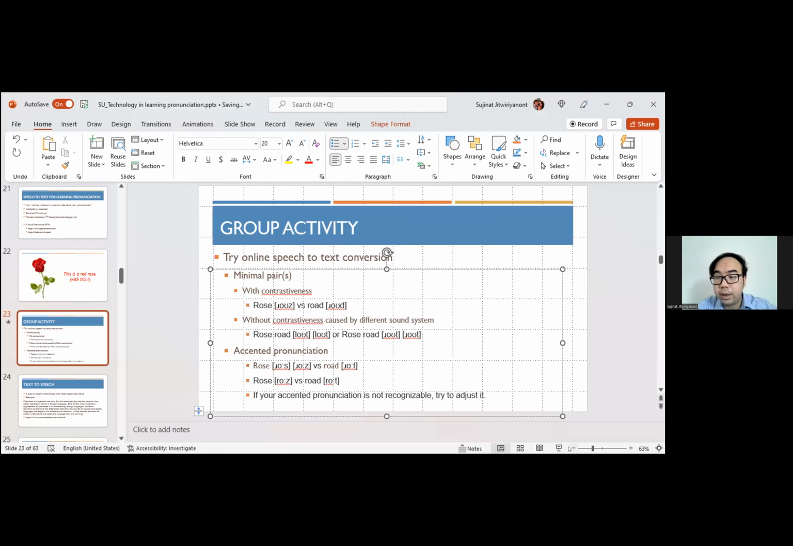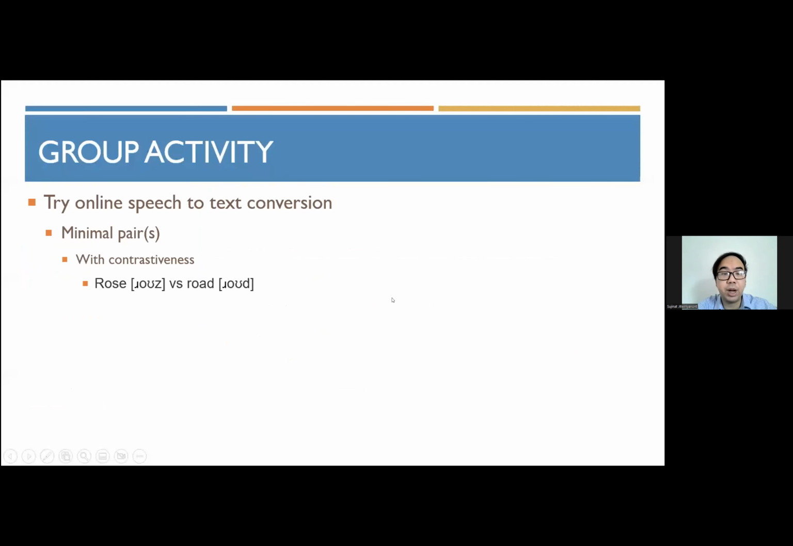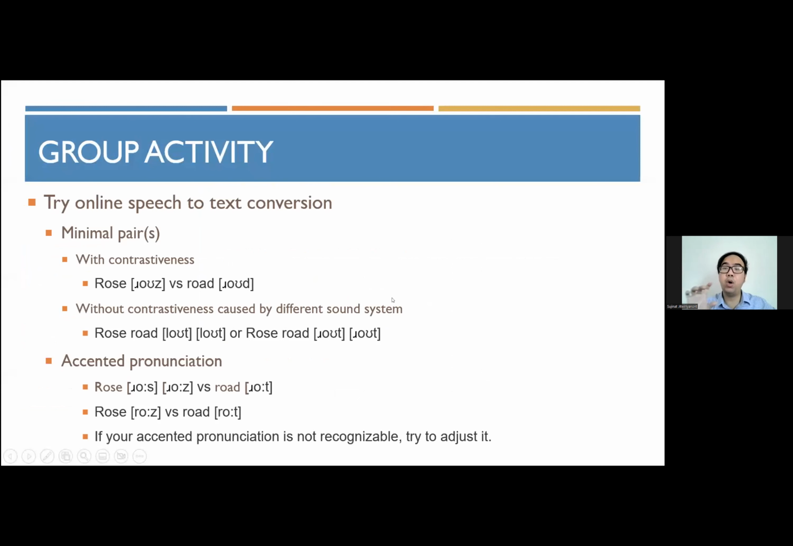Okay. The difference is in the vowel sound. In English, the O sound is a diphthong, but you pronounce it with a clear vowel O, like a Thai O. If your accented pronunciation is not recognizable, try to adjust it, but try to retain the Thai accent. So by the end of this group activity, you will have a clearer concept about